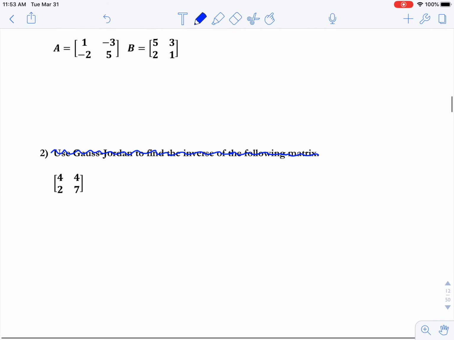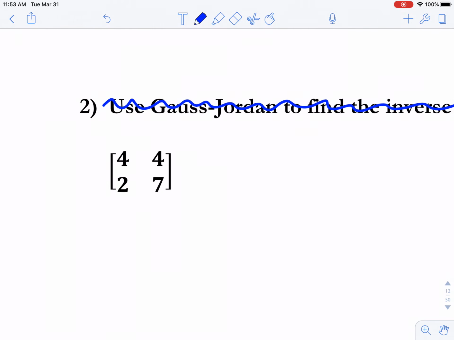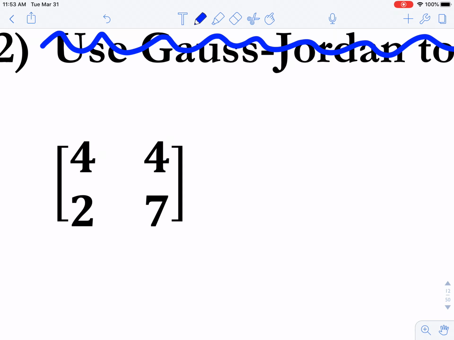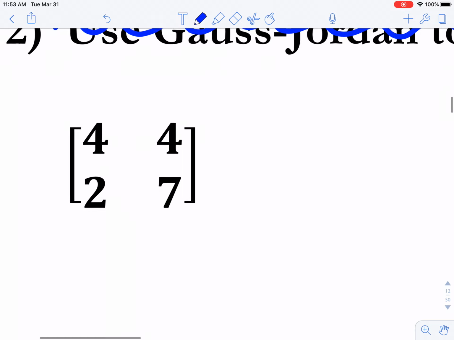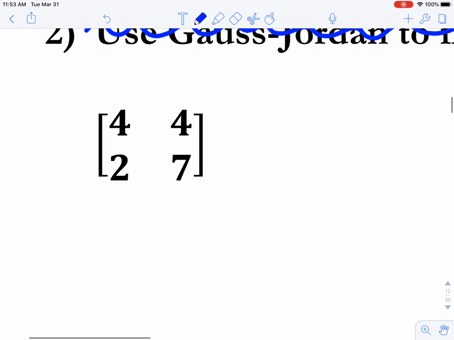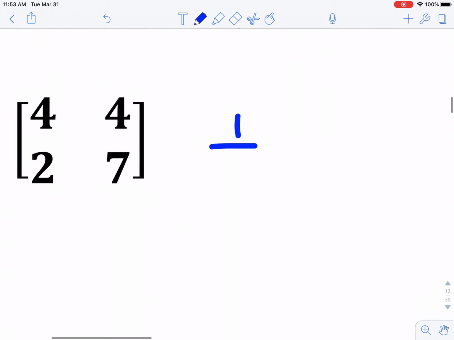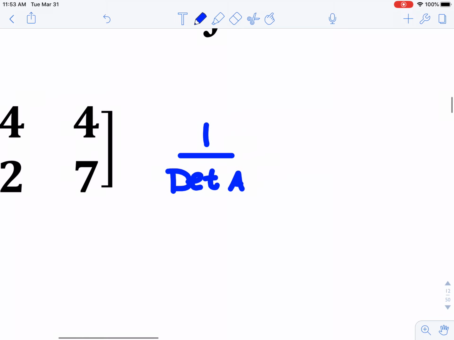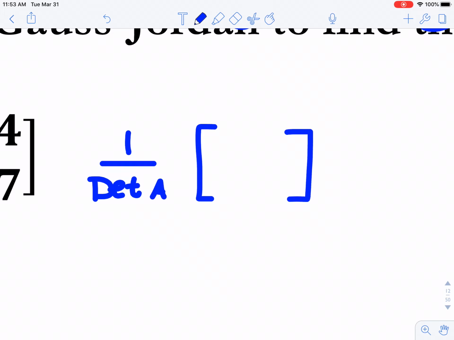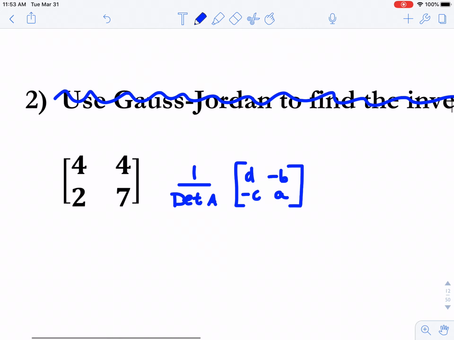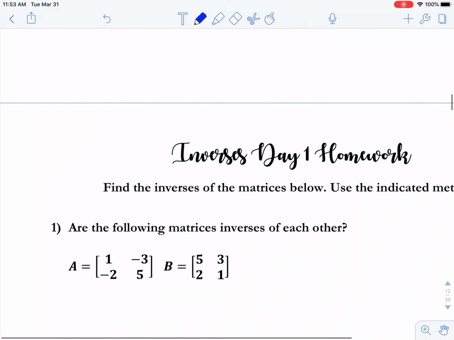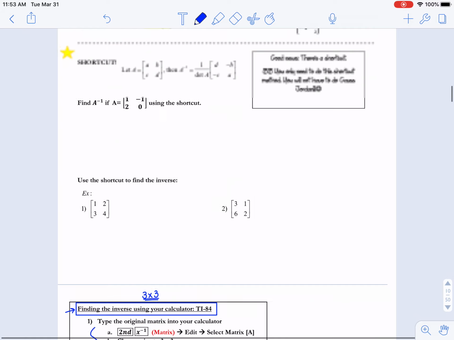It's okay. The baby obviously cries at the sound of the words Gauss-Jordan, so we're going to get rid of that, and we are going to use the shortcut, which is a formula. It's 1 over the determinant of the matrix, and then times... okay. So that's the formula that you learned from your notes, which I think looked like this up here,